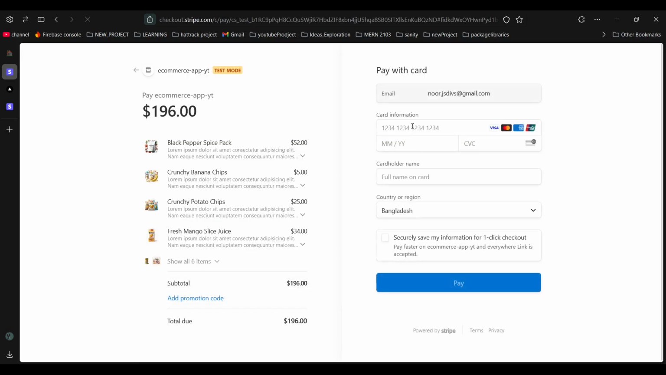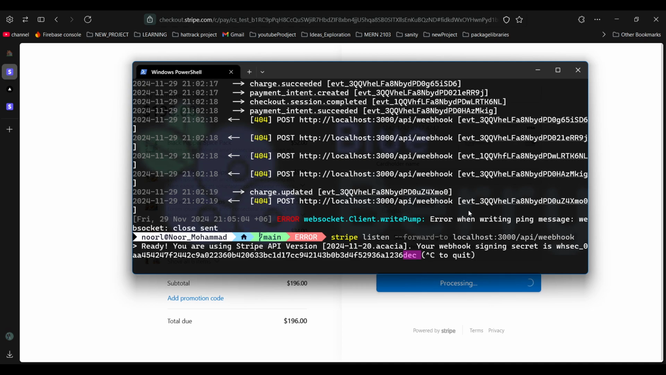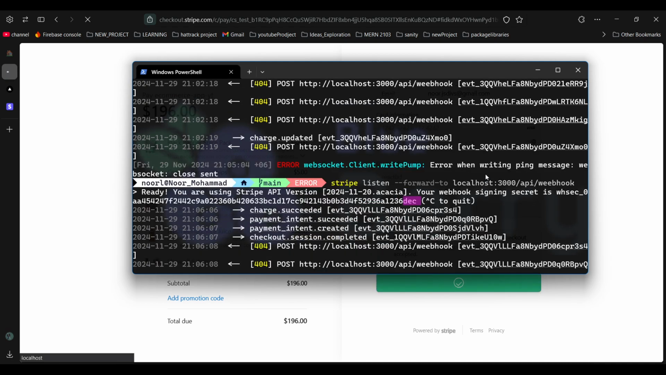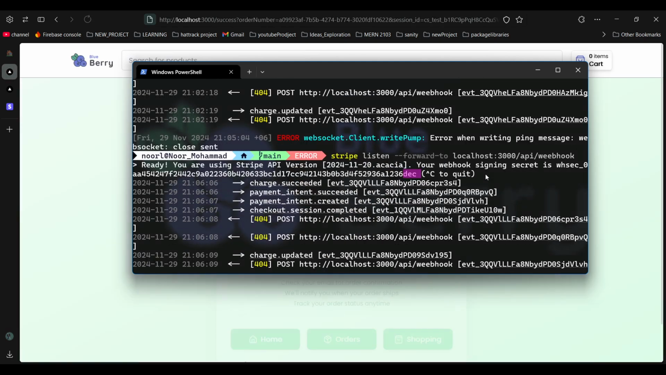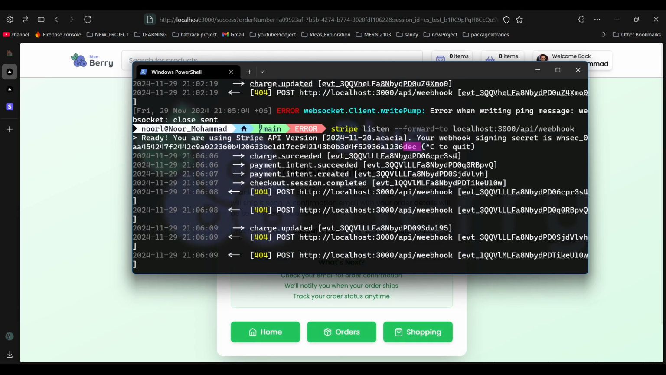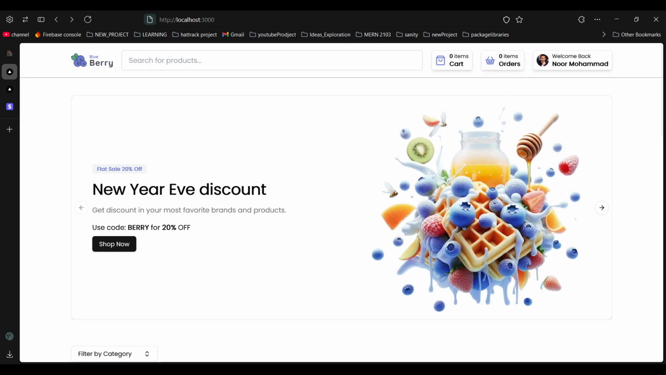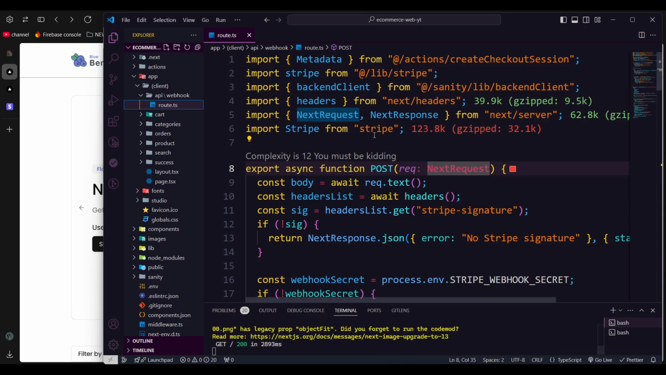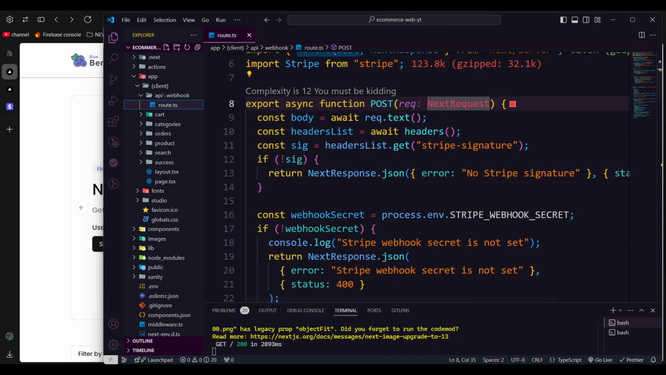So I think if we try this time, 4242, okay, and now hit pay. So the instances should be created. Okay, charge succeeds. Still I am getting that, so let's try something again. I think in the code layer we're not getting anything. If we just check here,